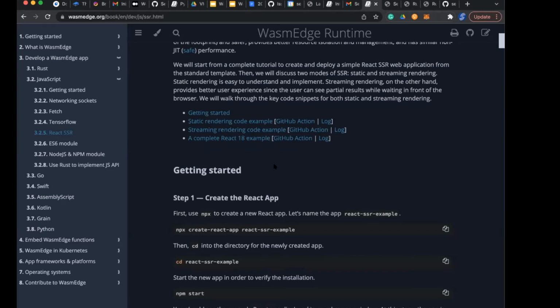That essentially is to use it in both modes, right? You can compile React into a client-side application and have it run in the browser, or have it run on the server. And in this case, instead of running in Node.js, we have it run in WasmEdge, right? So obviously all this work is still early, but as you can see, we have documentation,